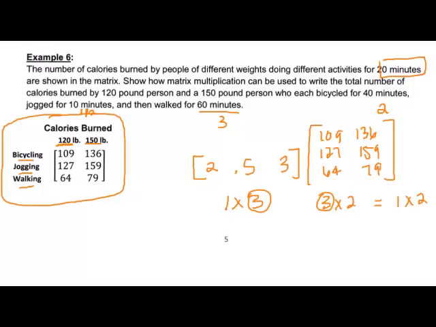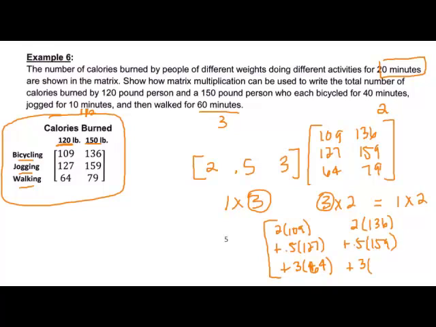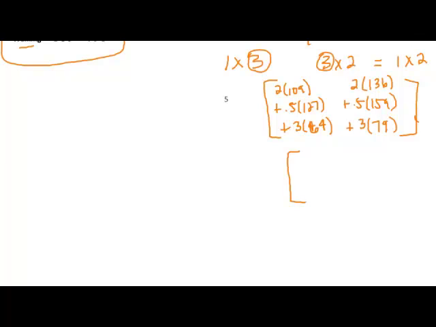So we're going to take our first row times our first column. So 2 times 109 plus 0.5 times 127 plus 3 times 64. Then we're going to take our row times our second column. So 2 times 136 plus 0.5 times 159 plus 3 times 79. If we add all those up, we get 473.5 and